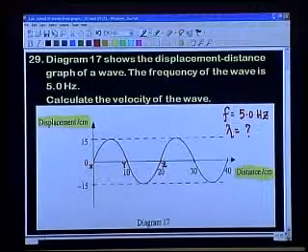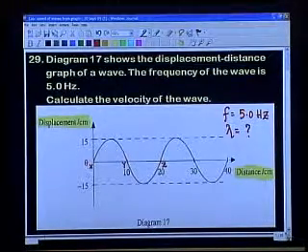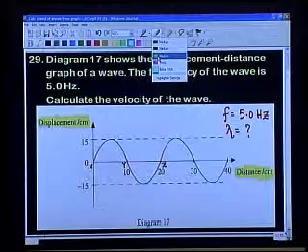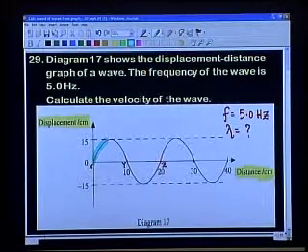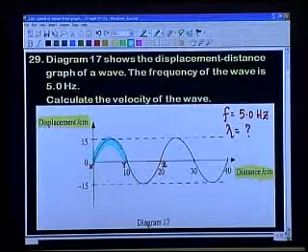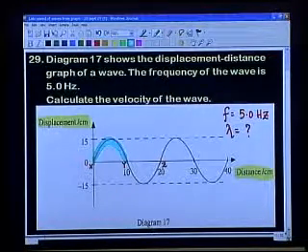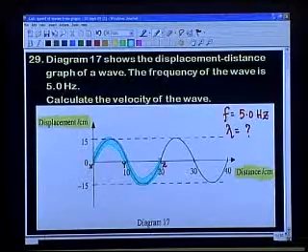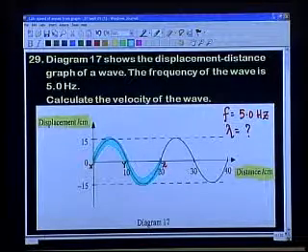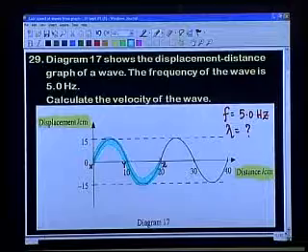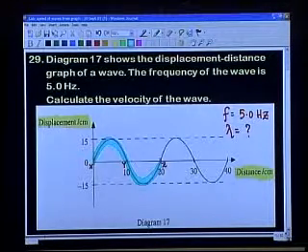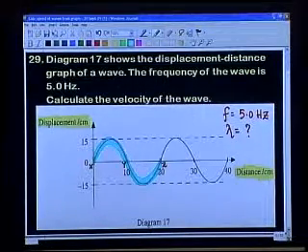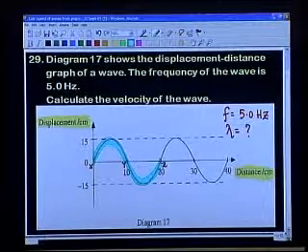Now look at the shape of the graph. From point X to point Y, is it one cycle yet? No, it is half a cycle. From X to Y to Z, I've colored it. From X to Y to Z, it is one full cycle. It is one full vibration. It is one full wave, one complete wave. Get it? In other words, the distance between X and Z,